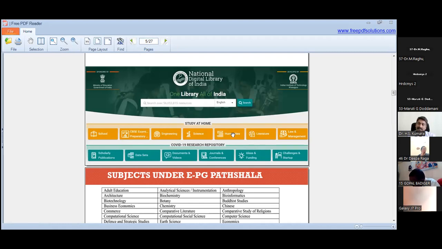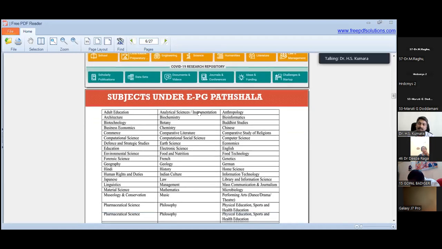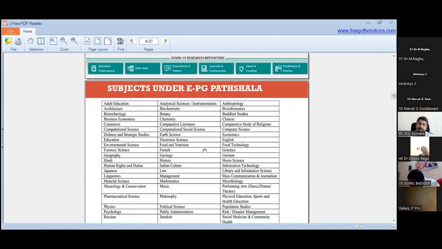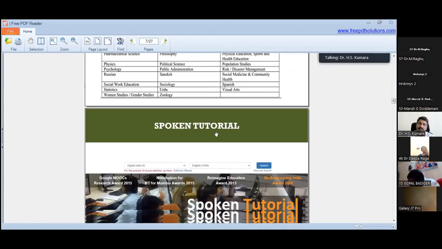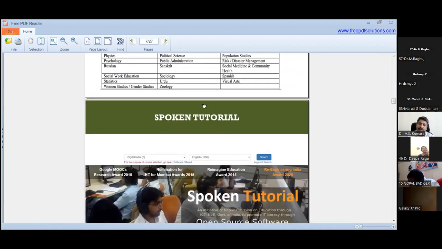It is also linked with various e-content, whatever e-content is made available on the various platforms, either NPTEL, or UGC, or the Swayam platform. Whichever content was made available in the earlier courses, some of the content is linked under the National Digital Library. Whenever you are free, you can download the content, the e-content or videos and so many things. These are some of the things available. Then, the same kind of thing we already discussed, the subjects under the EPG Pathshala. These are all the subjects made available. You can review further whenever you are free.